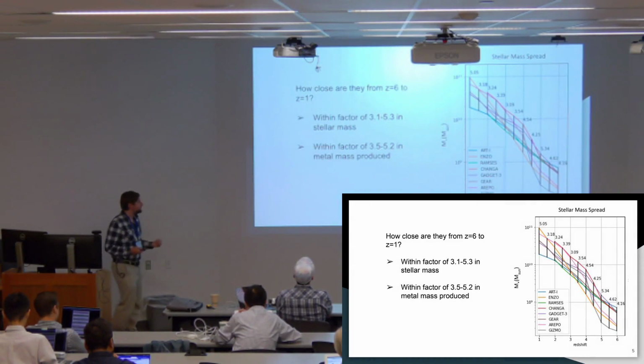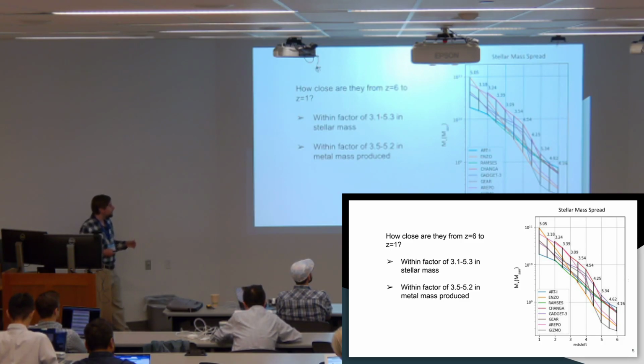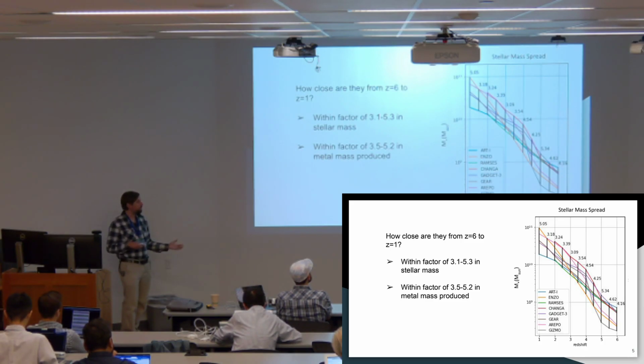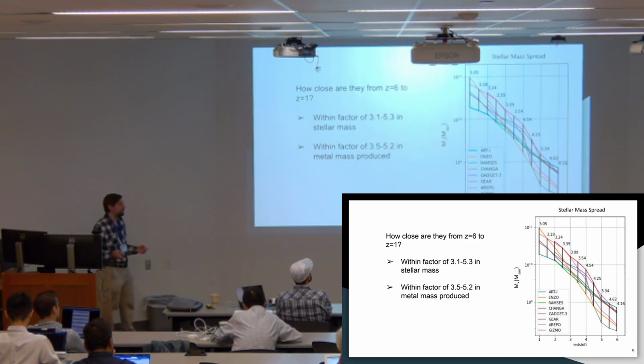So these codes are pretty similar. All these different systems that they use to do feedback are able to at least maintain these within a factor of 5 with each other at redshift 4, which is how they were designed. And they stay that way for a pretty long time. They stay pretty converged down to at least redshift 2, even better than they were at redshift 4. So these systems are definitely not running away from each other, at least not at that redshift, although it does seem like as you get to lower redshift, they're starting to.